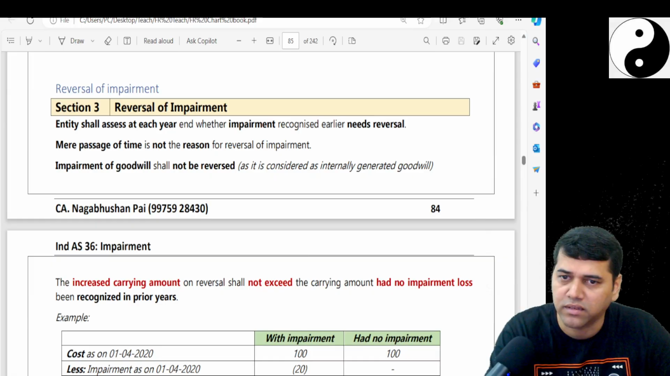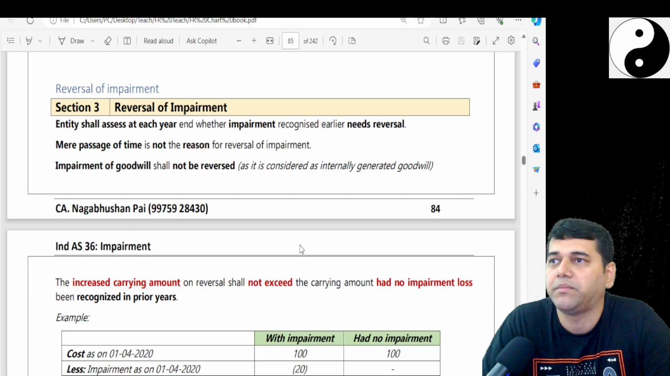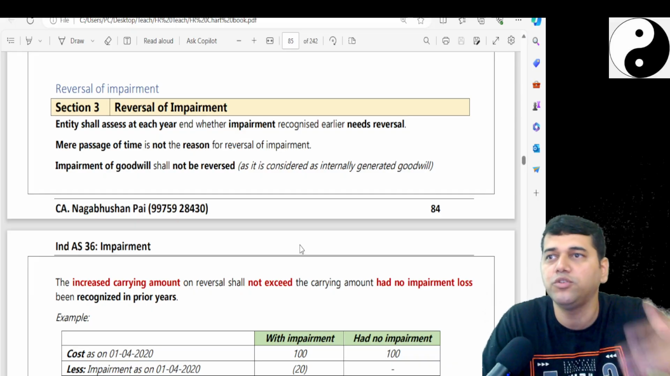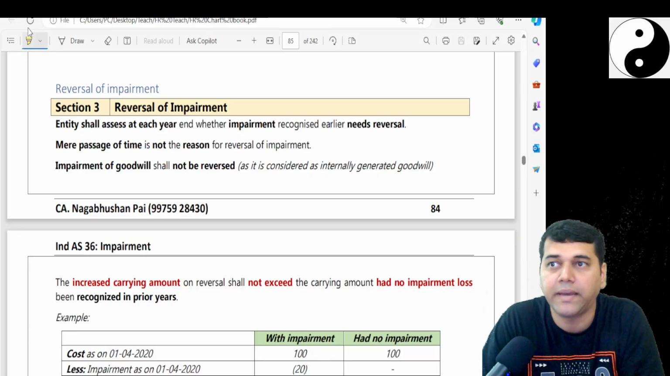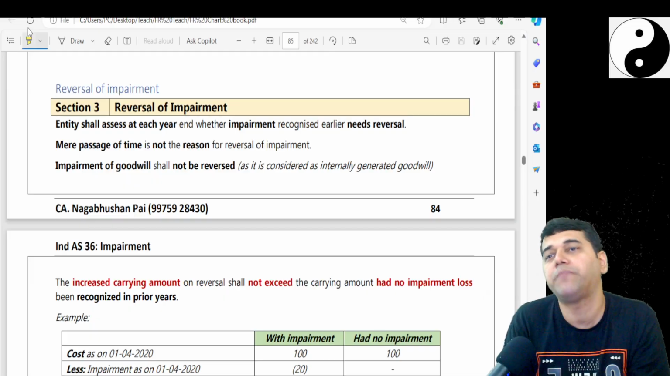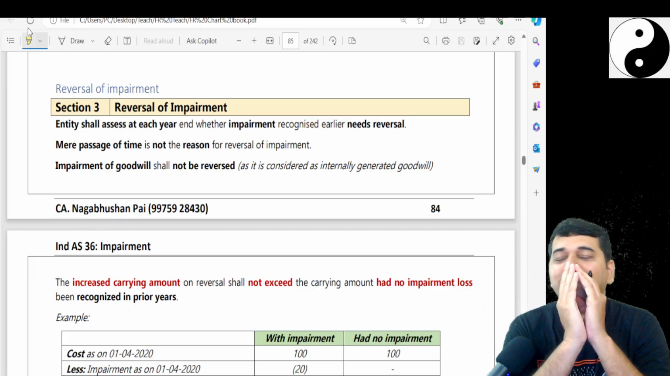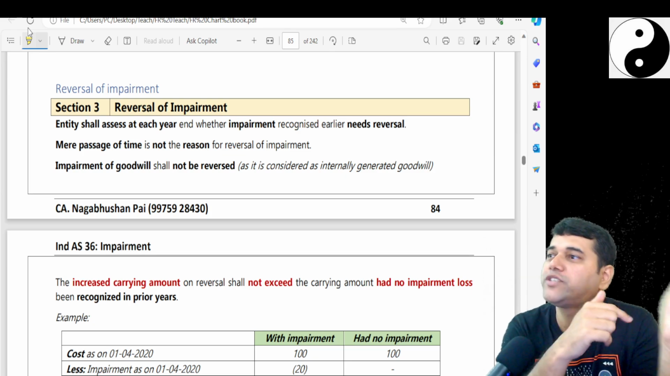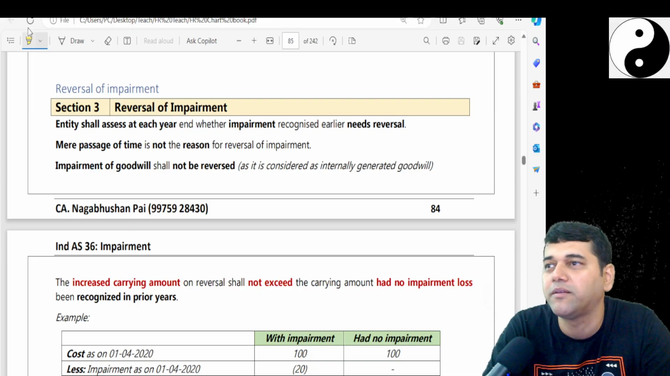But a simple thing, it's the same continuation. Now, what is reversal of the impairment? Just like your revaluation, you do revaluation from time to time. It says that the moment you impair, first of all, when you impair, when you check your recoverable value,